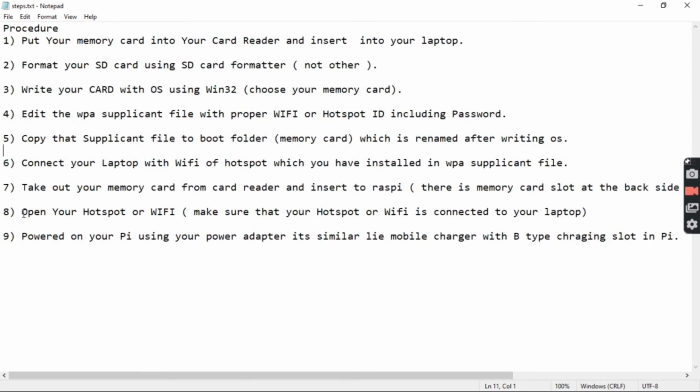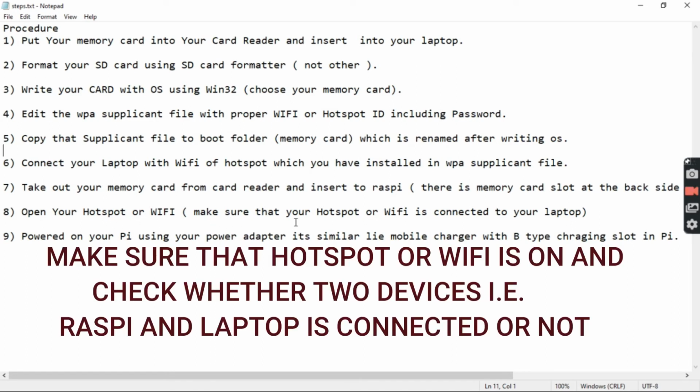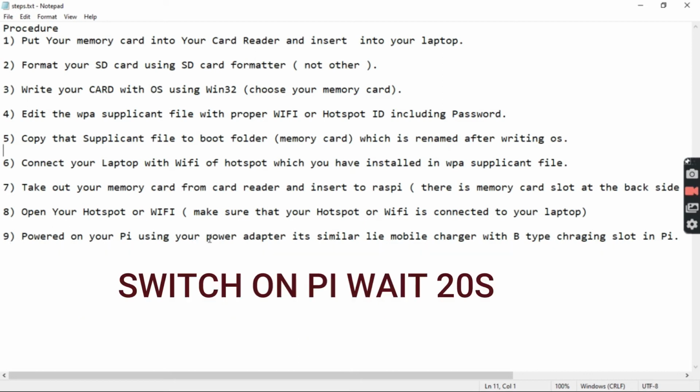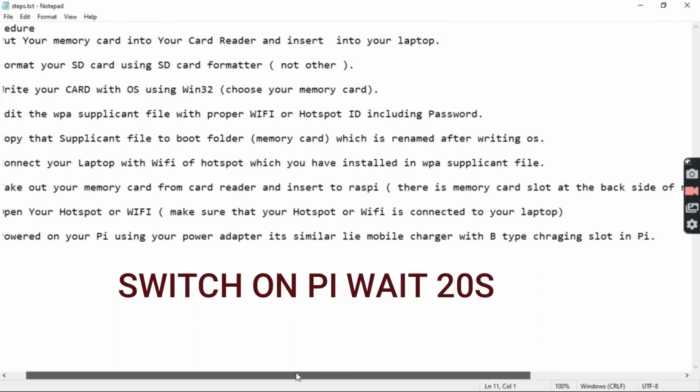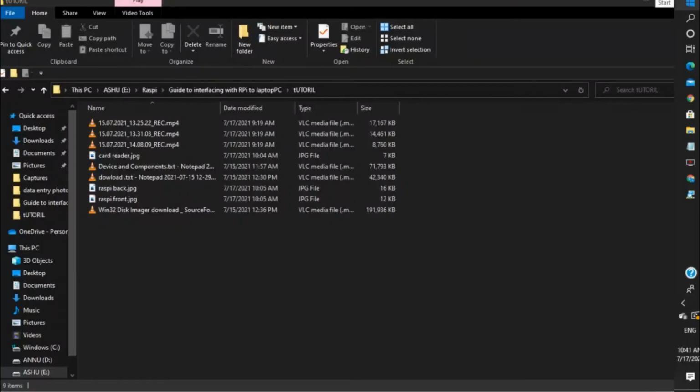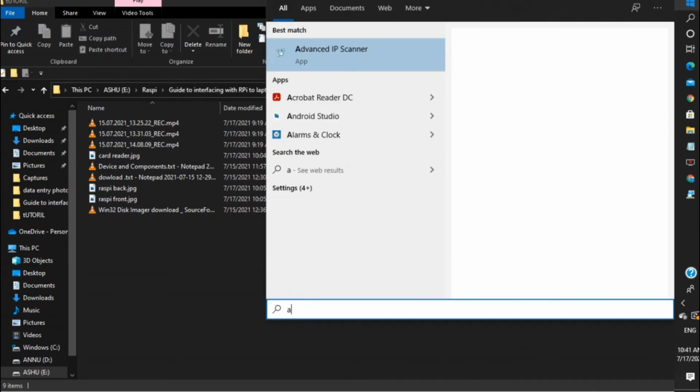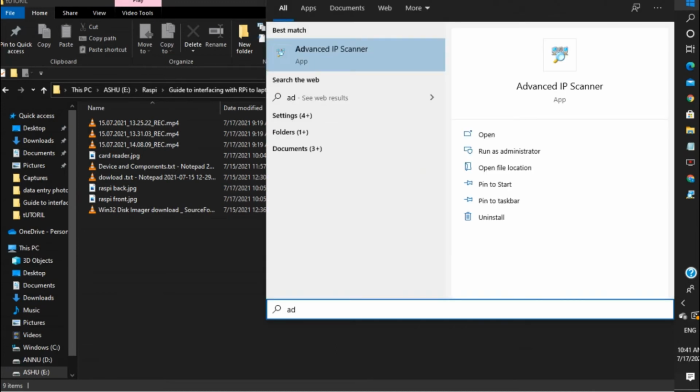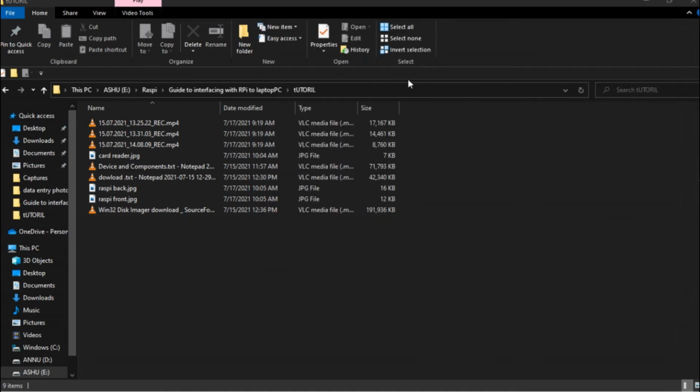After that, power on your Raspberry Pi. Make sure that your hotspot or Wi-Fi is connected to your laptop. The last thing is to power on your Pi using the power adapter. After that, search for or open Advanced IP Scanner, which you downloaded previously.